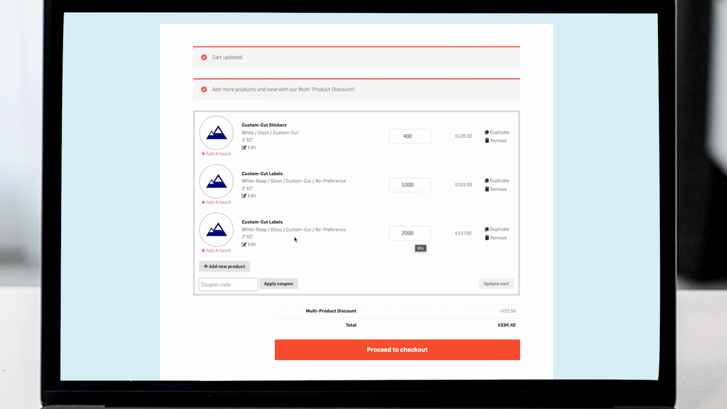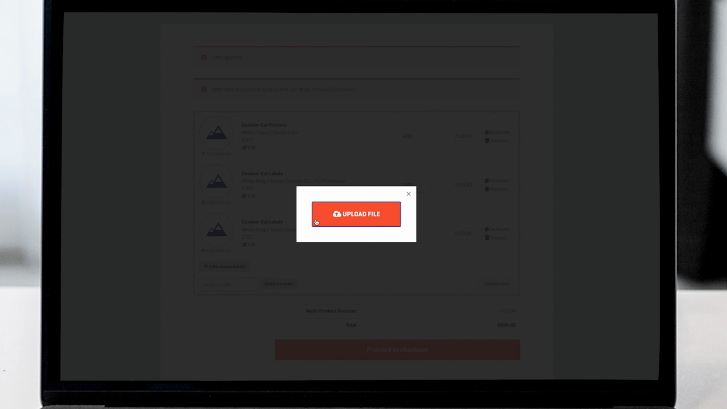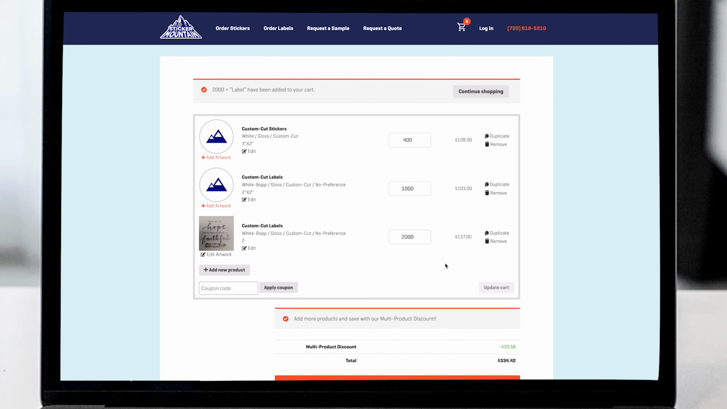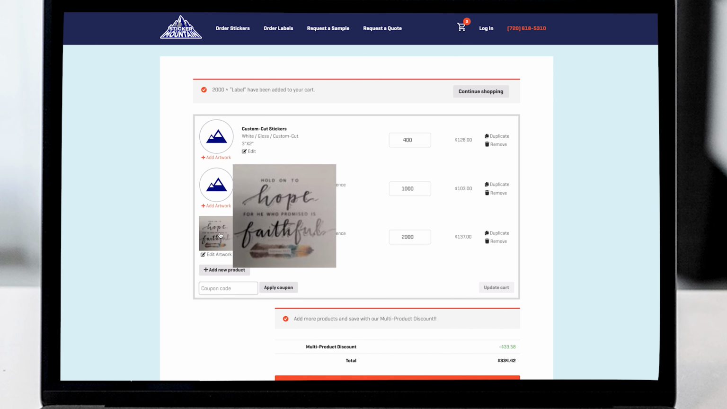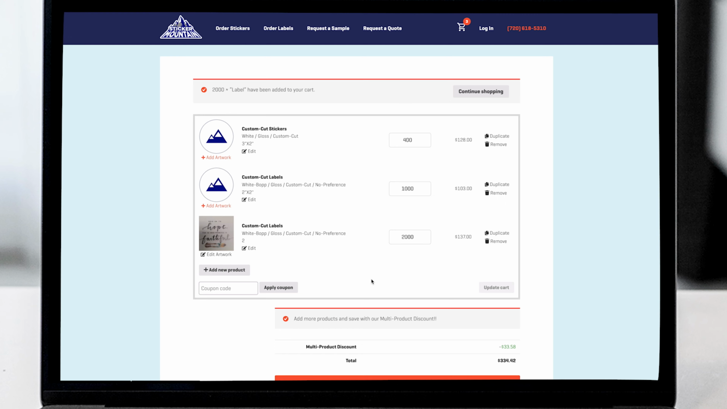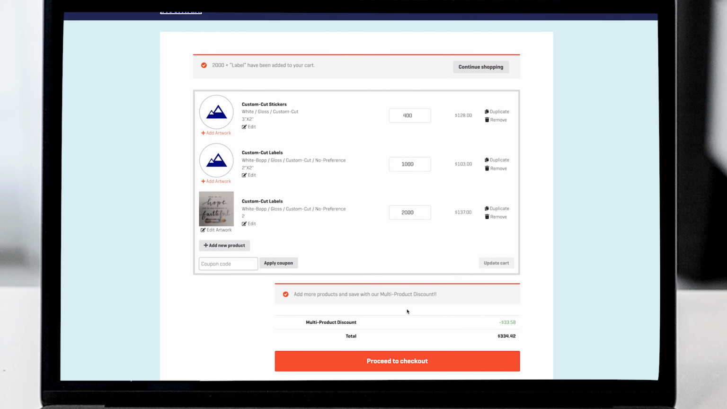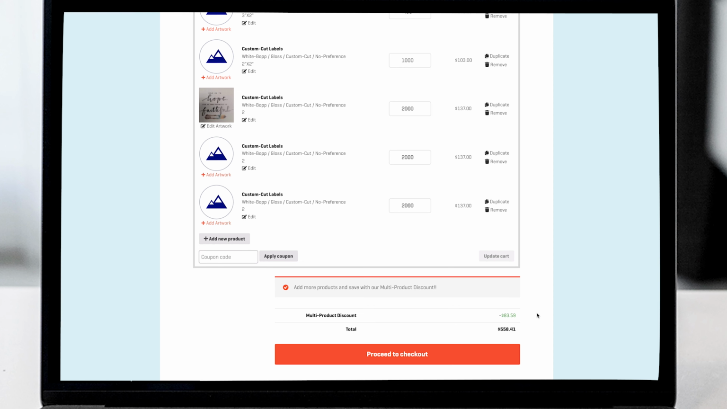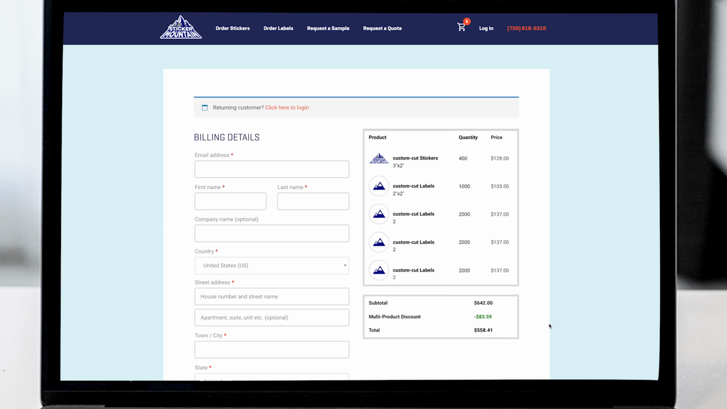Once you have all of your items created, you can upload the artwork by pressing the button here. Once it is uploaded, you can hover your mouse over the image and it will zoom in to give you a bigger thumbnail of your artwork. Notice that as you add more items, a discount is automatically applied, so that the more items you have, the bigger the discount. Now that your cart is ready, head to checkout to finish your order and get the approval